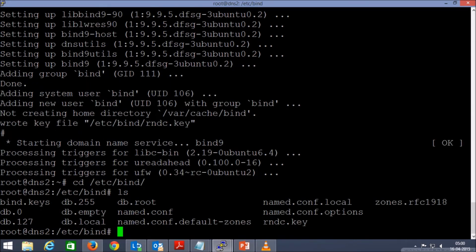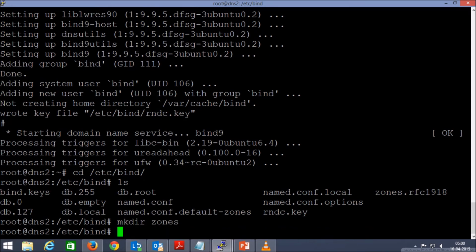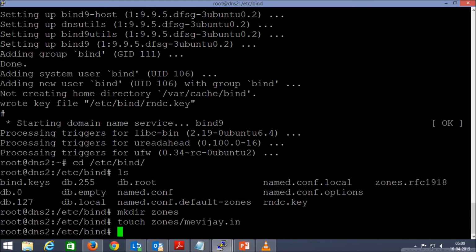The same configurations are here. Now creating a zones directory, and we'll create an empty file, touch zones mevj.in. It's up to you. You can leave this step as optional.